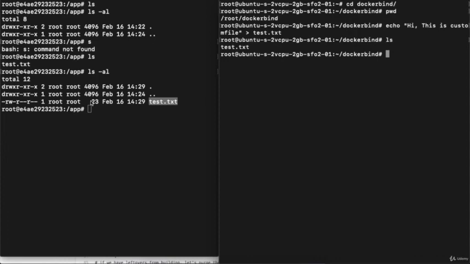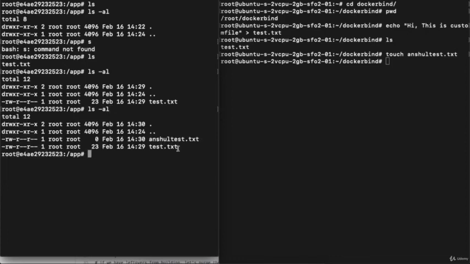So in this way we can change anything on the host file system, and that will be reflected inside the running container. If I create another file like touch anshul-test.txt, hit enter, and switch the terminal and execute ls -al again, you can see this file is also created inside the running container.